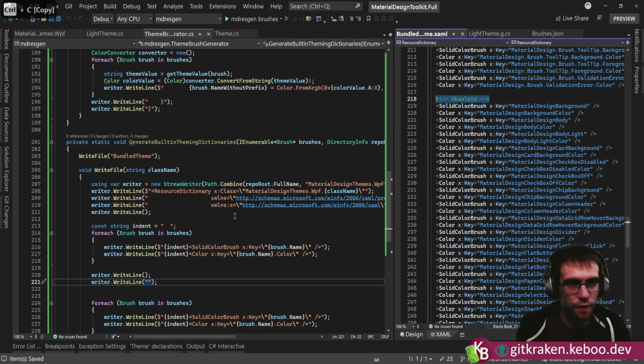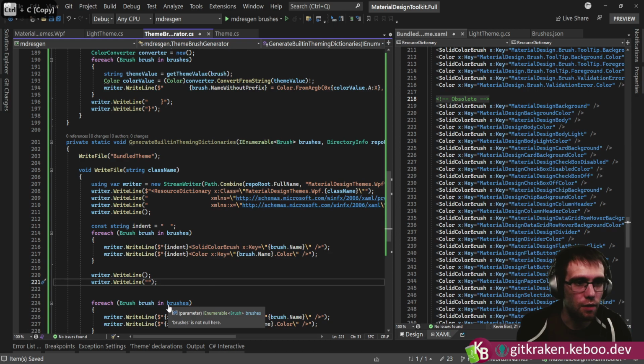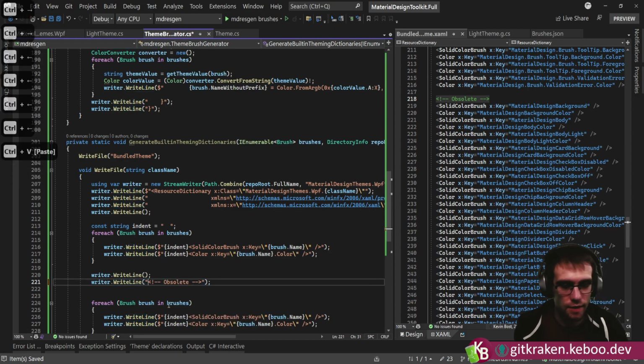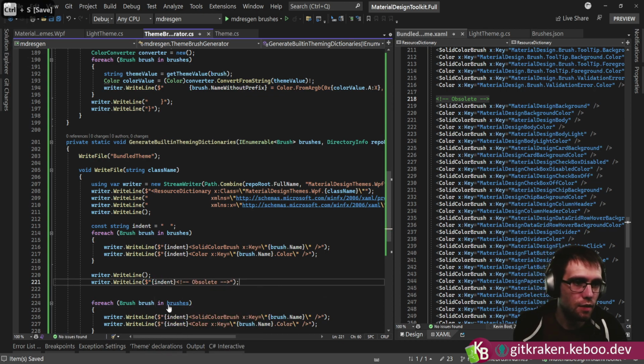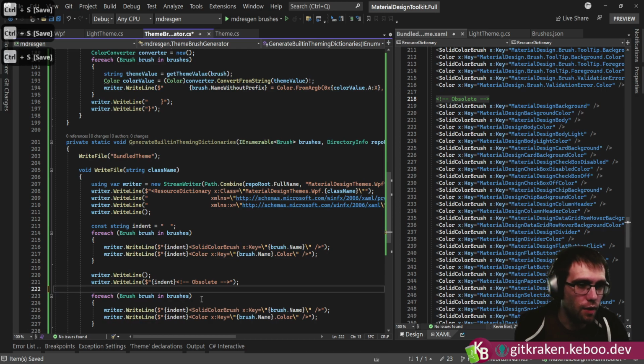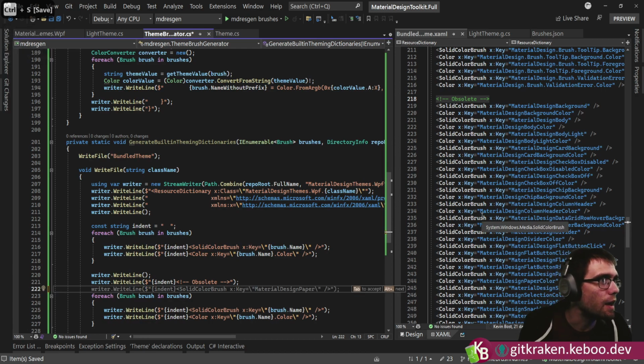So we know what things we are nuking next time around. We want to indent it. That goes like that. Indent like that. And then we want to rip through all of the brushes. And this time,